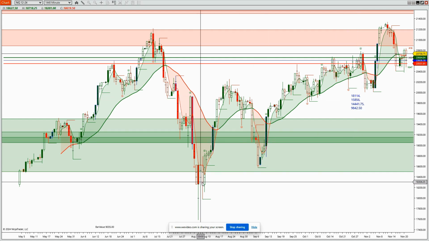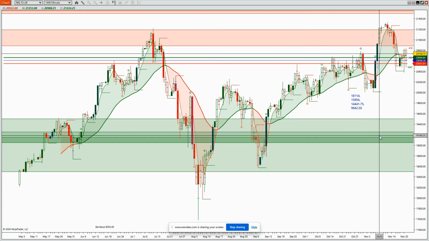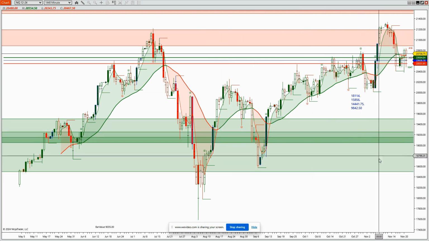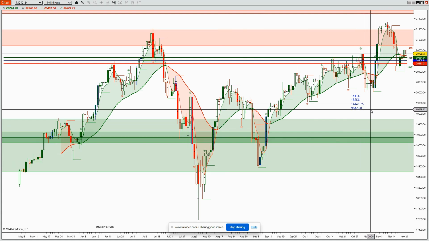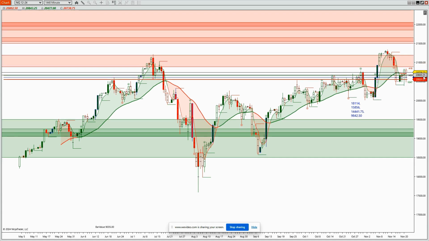All right, so 18114, that's the back of this bar, and they can definitely get it if they come down here and go through that pivot as well. So don't be down here trying to get long, because they will have a trend on the board if they can get all the way down here, and it'll probably just keep trending down. The lowest price that you would see is 9842.5. All right, but I suspect that they can get back up if they want to.